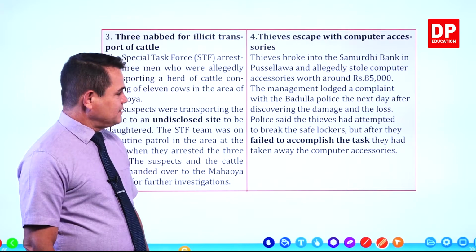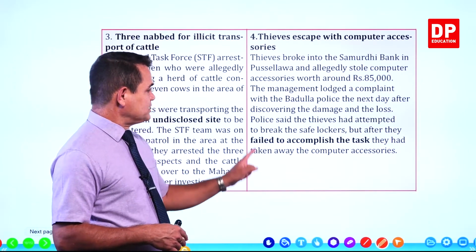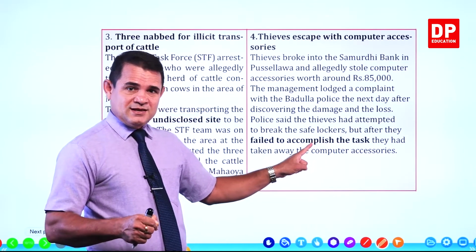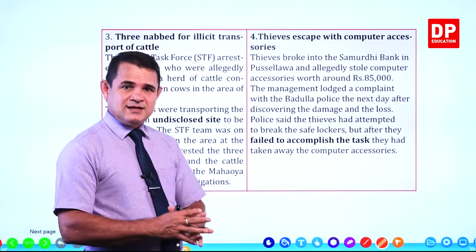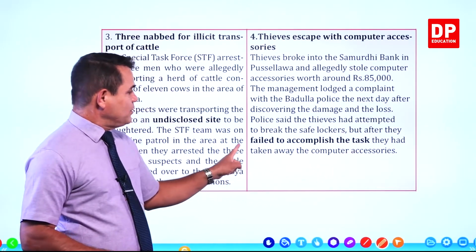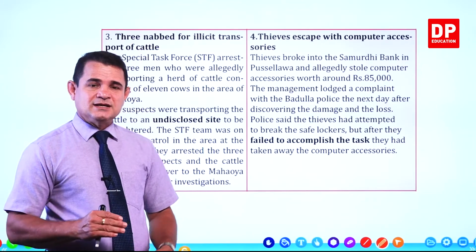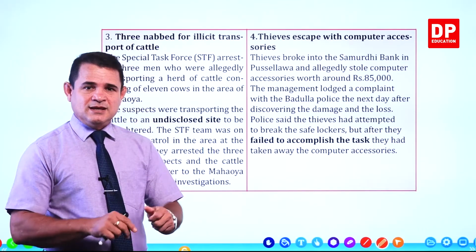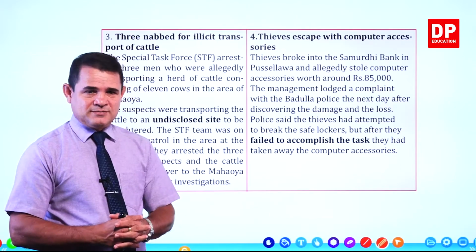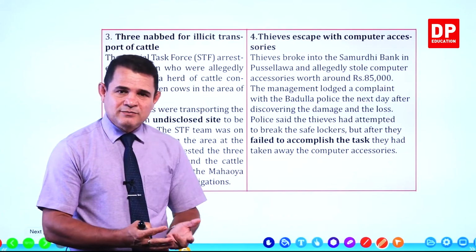Police said the thieves had attempted උත්සාහ කරලා තියෙනවා හොරු මොකටද to break the safe lockers. අර safe කියලා කියන්නේ lockers lock කරලා වටිනා දේවල් දාලා තියෙන්නේ. ඒගොල්ලෝ කඩන්න උත්සාහ කරලා තියෙනවා lockers but after they failed to accomplish the task. ඒක accomplish කරගන්න බැරි වුණාම ඒ කියන්නේ ඒගොල්ලන්ගේ උත්සාහය තිබිලා තියෙන්නේ safe එක කඩලා ඒකේ තියෙන දේවල් ගන්න. Fail to accomplish කියන්නේ ඒ අරමුණ ඉෂ්ට කරගන්න බැරි වුණාම they had taken away the computer accessories. ඒගොල්ලෝ computer accessories ටික අරගෙන